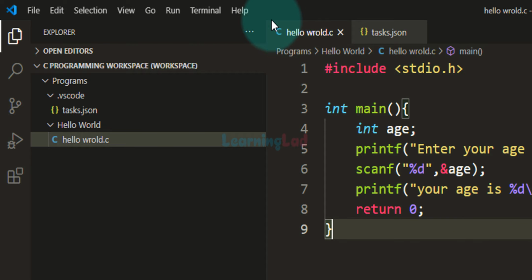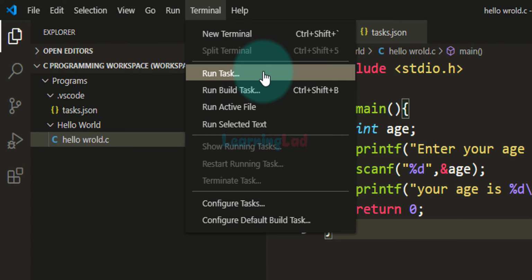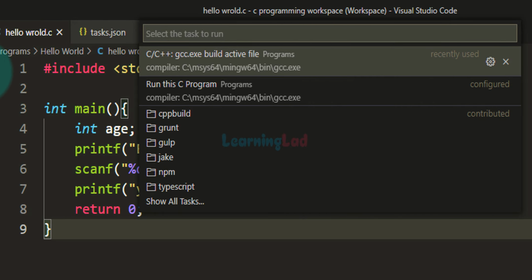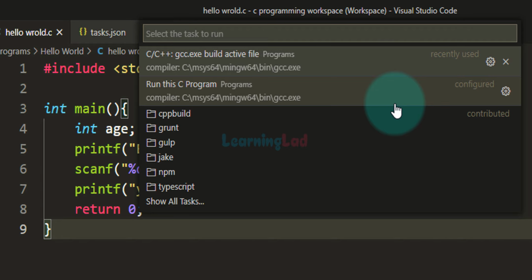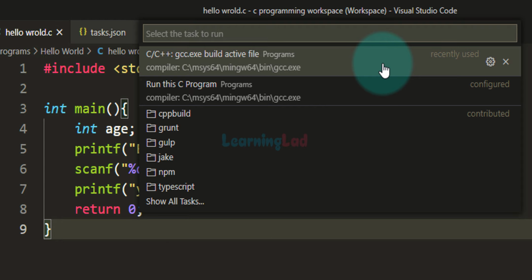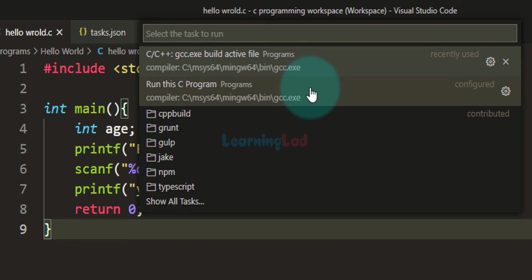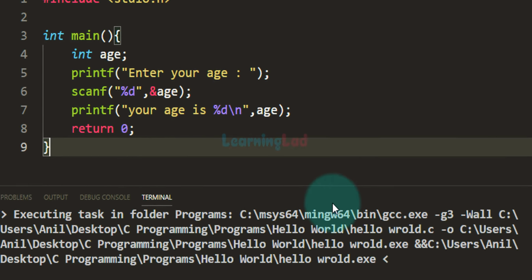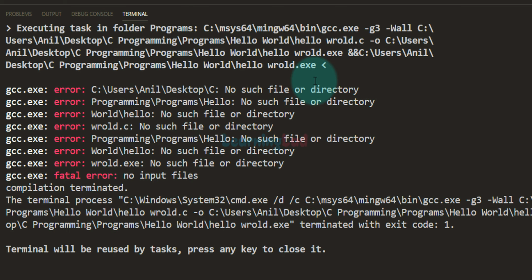have created. So click on the terminal, click on the run task, and now we can see we have two options. One is the build task, which was created by the extension automatically, and then we have run this program task that we have configured. I have given this name, you guys may have given a different name. Click on that. Now here it says we have some error, but it's okay, it is expected, we can solve